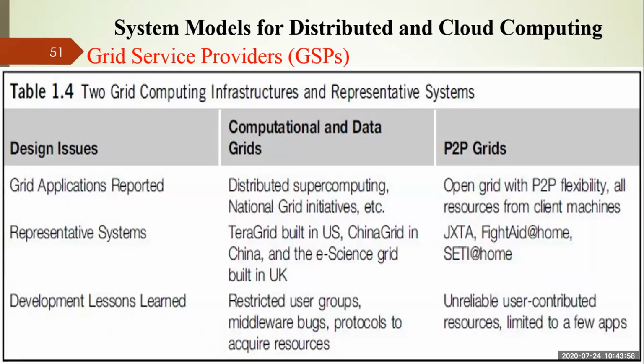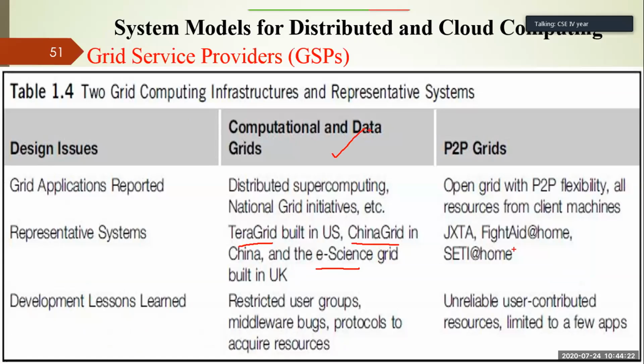Computational grid is a distributed architecture. It may be distributed, it may be a centralized approach also, right? But grid indicates that everything should be distributed in nature, right? So if you see the TeraGrid, whatever we have discussed for the US, TeraGrid of the US, China also launched ChinaGrid. Okay, the UK also launched the e-Science grid. These are part of your computational grid.